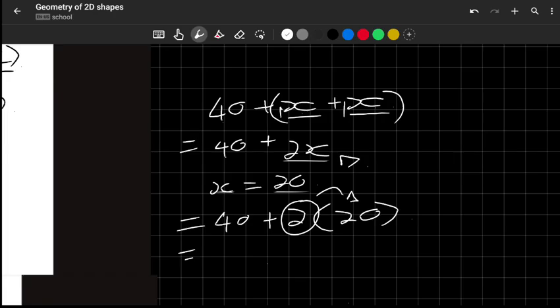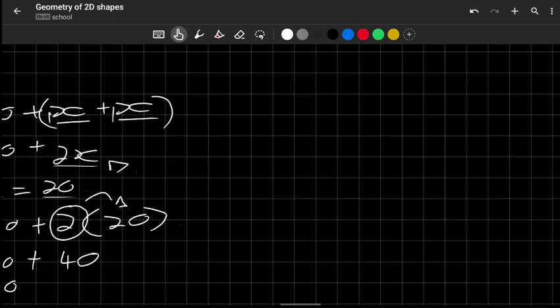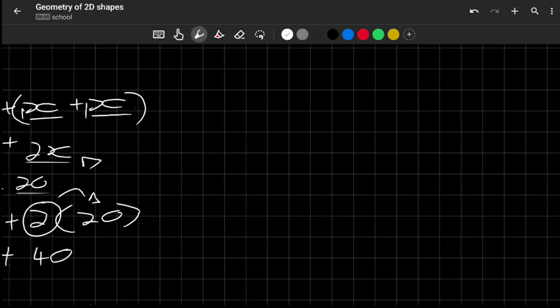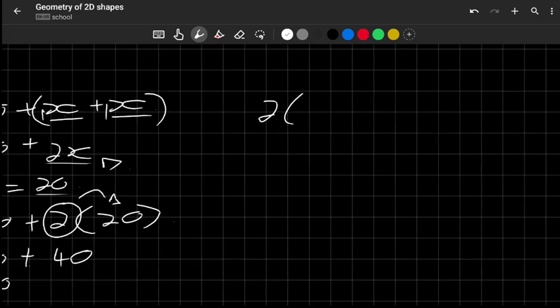So how would that look? Let me continue this and then I'll explain it. That would be 40 plus, multiply 2 inside the brackets, that would be 20 multiplied by 2, that would give you 40, and your final answer would be 80, right? Now multiplying inside of the brackets, what do I mean? That means that if you had something like 2 multiplied by 40 plus 50, right, what you can do is say,